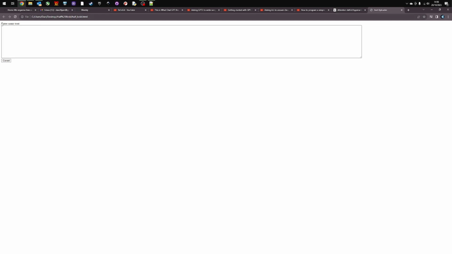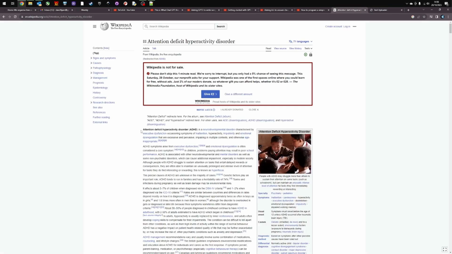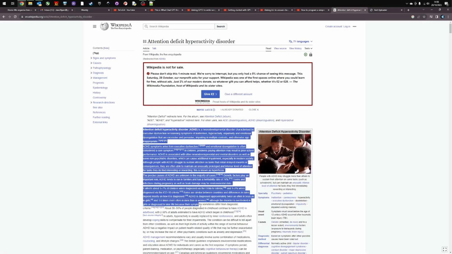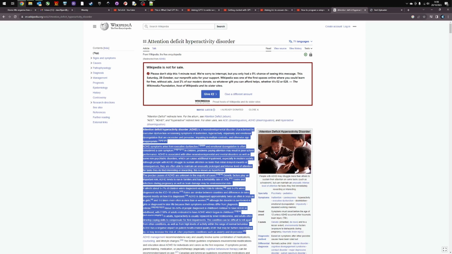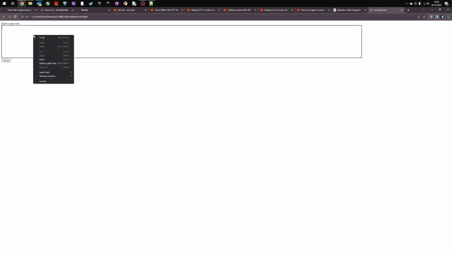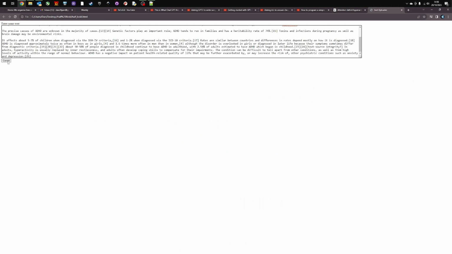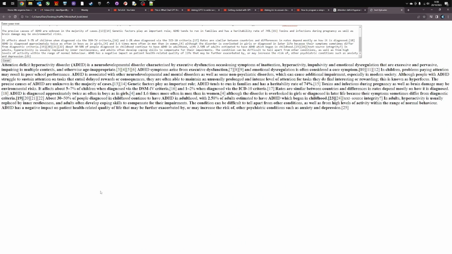So here we have enter some text, press the convert button, and here we've got a text button. I'm going to go back to Wikipedia. I'm going to copy and paste all of this. So I'm copying that and I'm going to put it into the text uploader. Press convert. Now, as you can see, what it's done is it's taken the first few letters of each word